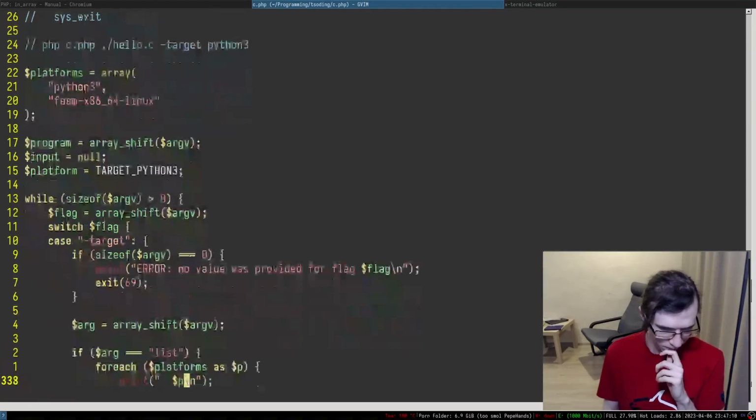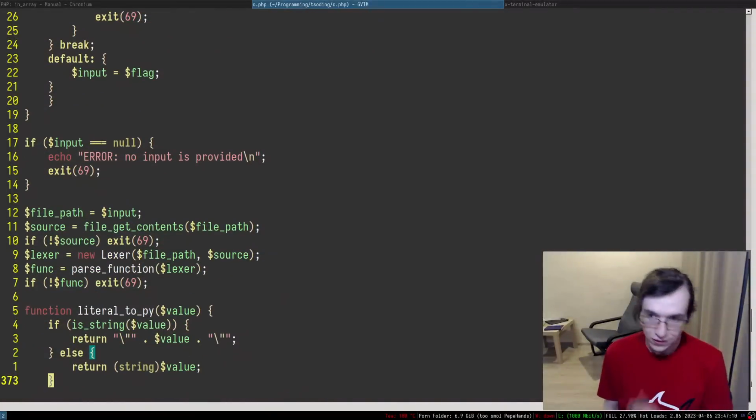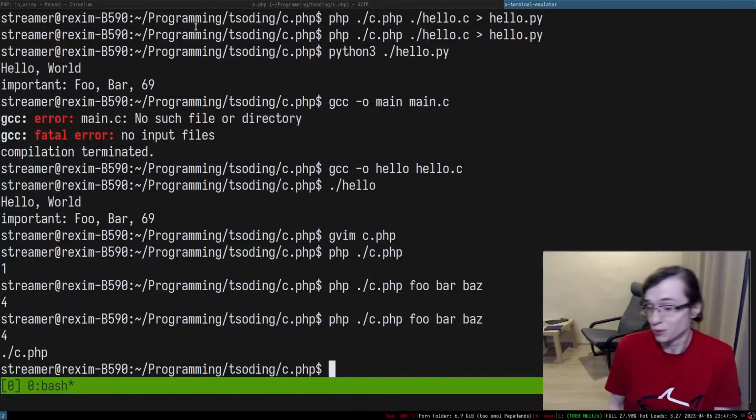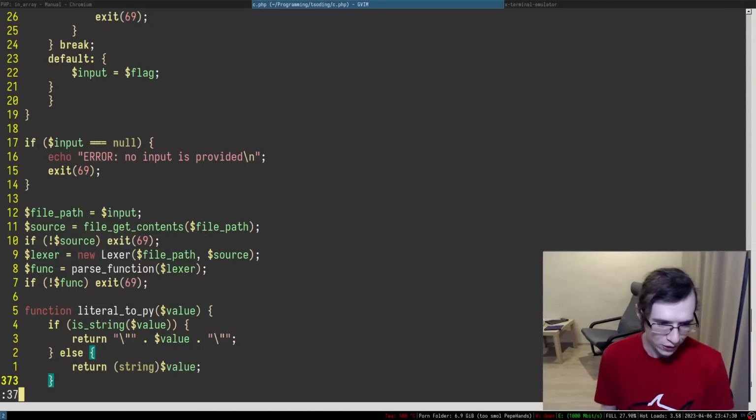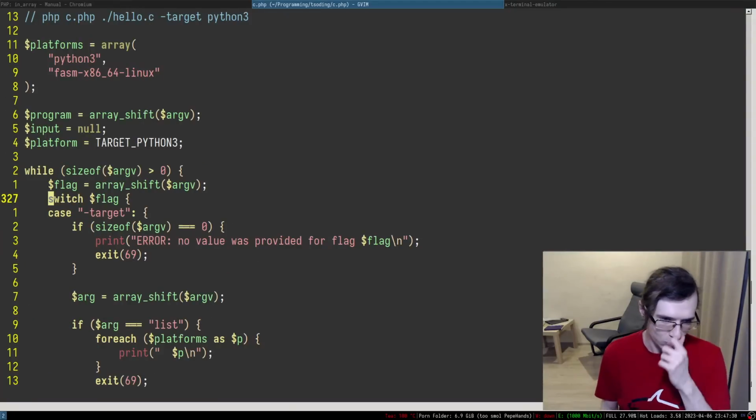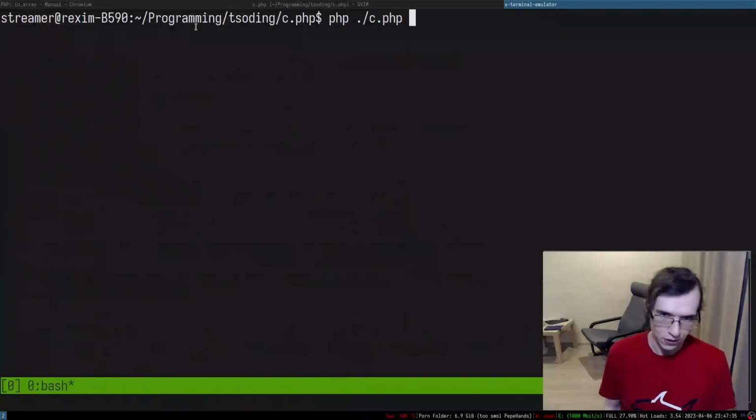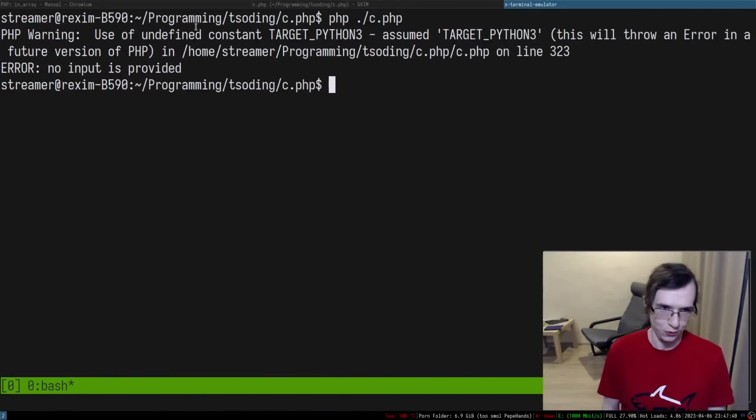So let's actually see if this entire thing works, because I have no idea. I'm going to try to run it. And it fails with a syntax error. It literally fails with a syntax error. And just like when we're working with ChatGPT, we're going to take that error and try to troubleshoot it. So what is going on in here? Apparently, I forgot to put parentheses in here. Sure, I think so. Let's continue. What's going to be the next error?